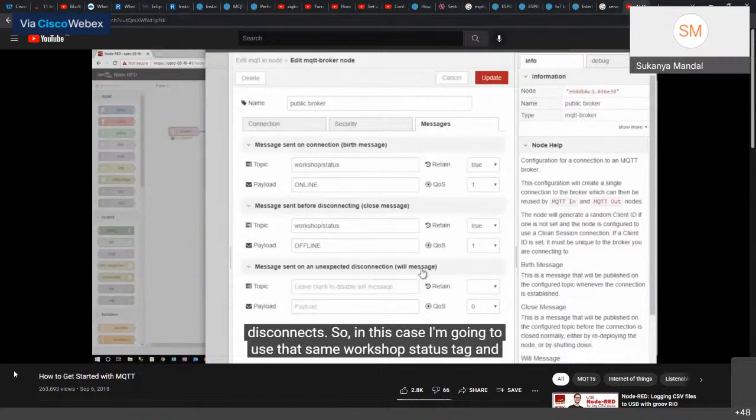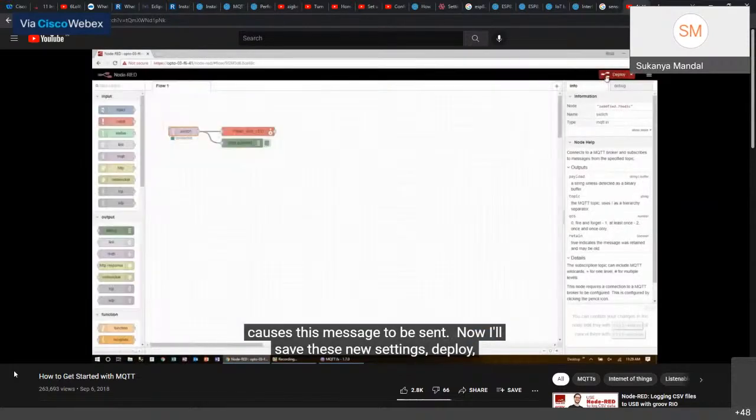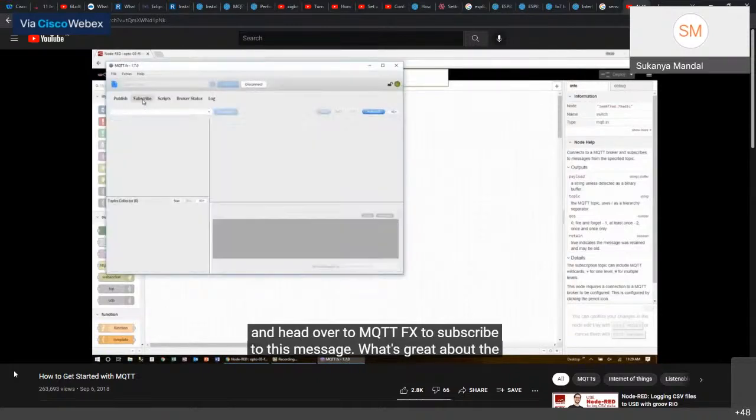So in this case, I'm going to use that same workshop status tag and give it the payload disconnected, since it is an abrupt disconnection that causes this message to be sent. Now, I'll save these new settings, deploy, and head over to MQTT.fx to subscribe to this message.